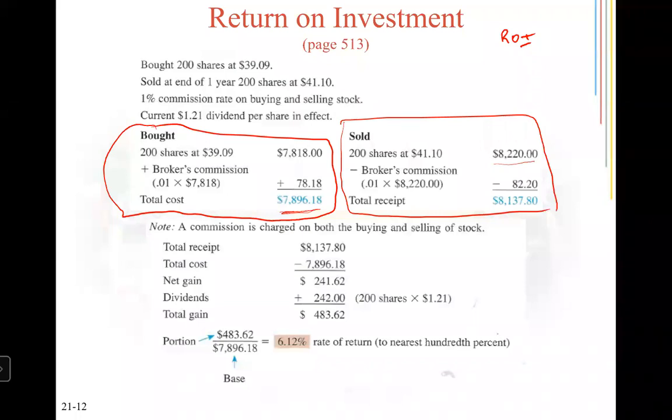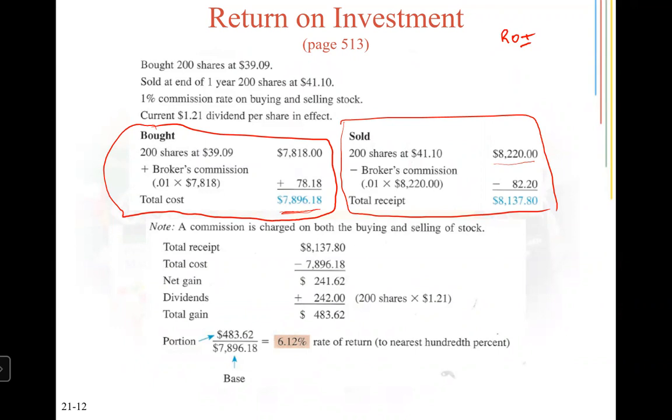And so you're going to take that out of your selling price. You're selling it for 8,220, but you have to take out the commission for the broker. So when you are selling, you subtract the broker's amount. When you are buying, you add the broker's amount. So when you take out the broker's amount, you're left with